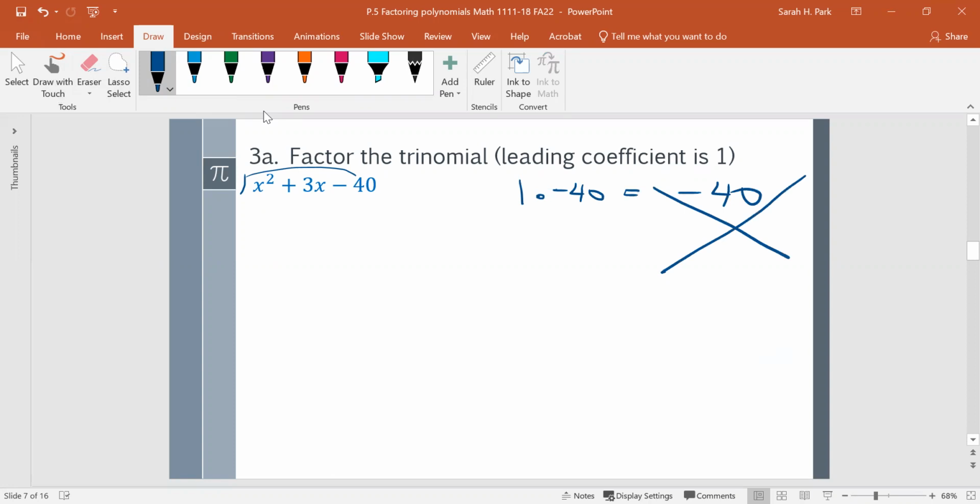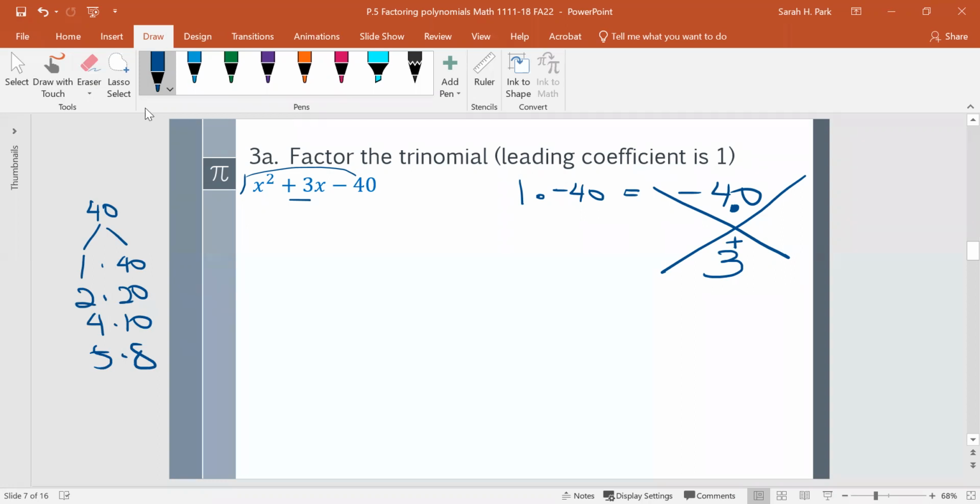And then what I do is this cross method, where we put the middle term down here, 3. You think about what terms multiply to negative 40 and add to 3. Sometimes it's hard to just tell what that is, so you can break down 40 into 1 and 40, or do a factor tree of 2 and 20. I don't think 3 goes into 40, so we'll skip right to 4 and 10, then 5 and 8. So here are all the different ways of multiplying to 40, and I'm trying to make a negative 40